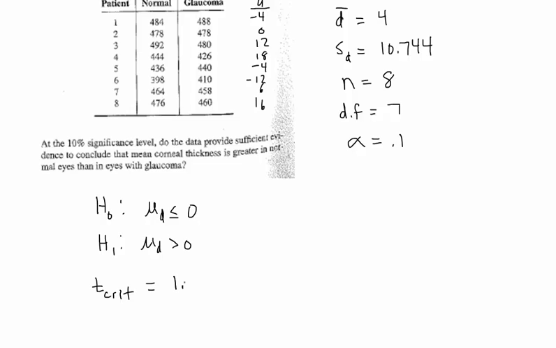So t-crit is equal to 1.415, and our rejection region is then going to be reject H0 if t-calc is greater than 1.415,